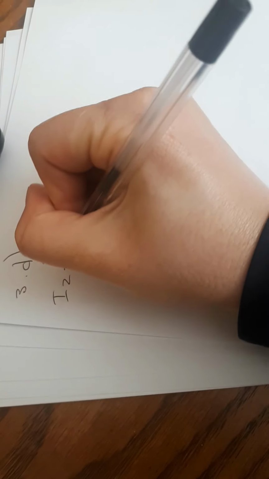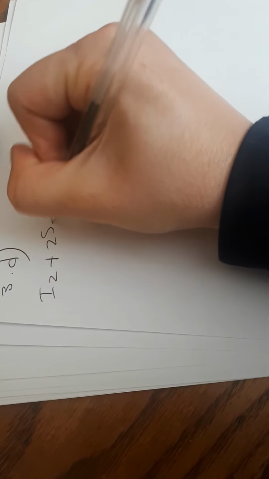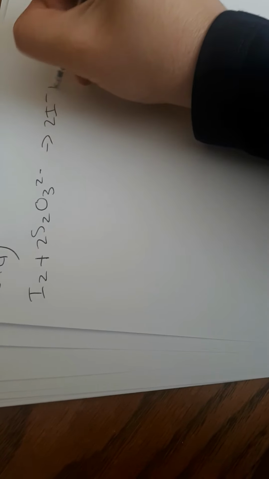Okay, so next here we're on to question 3, part D. Okay, so I have I2 + 2S2O3 2- goes to 2I- + S4O6 2-. So I'm told that